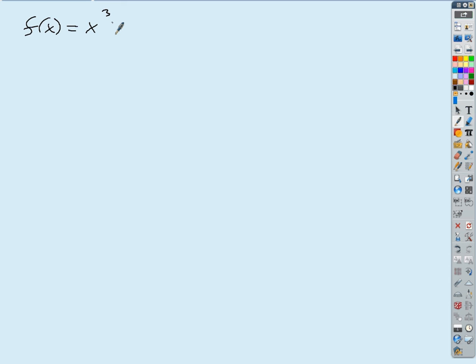Because there's a real important point to be made here. There are times when the second derivative fails, and this is one of them, and you'll see why. So the domain's everything, right? What's our first derivative? 3x squared. Second derivative, 6x. All right, so if we make our table then,